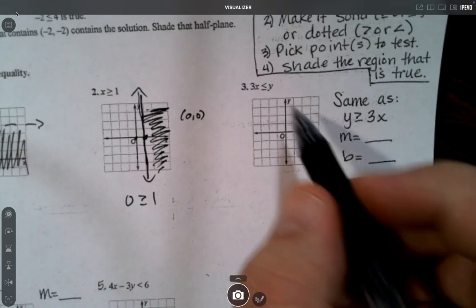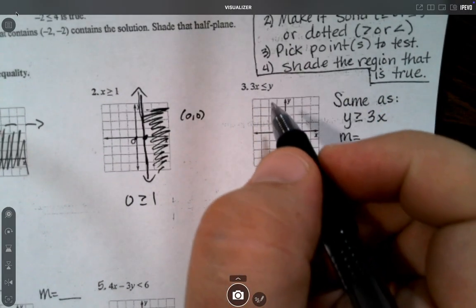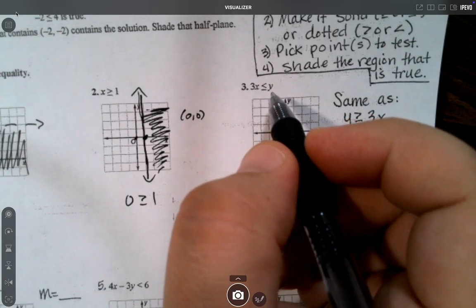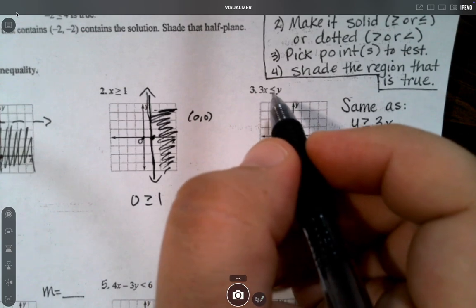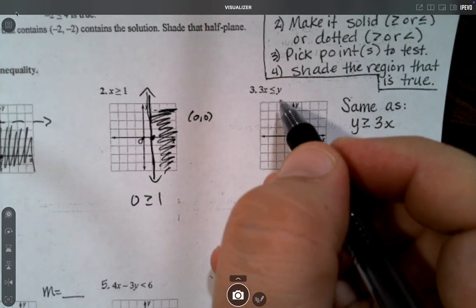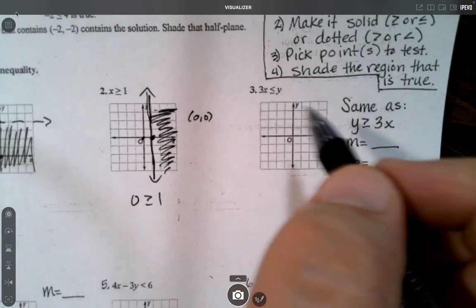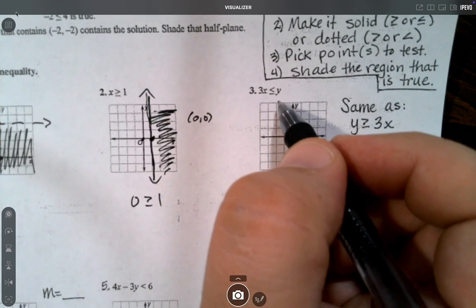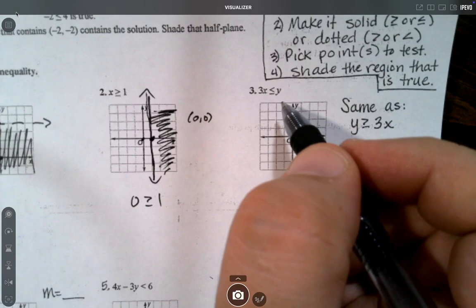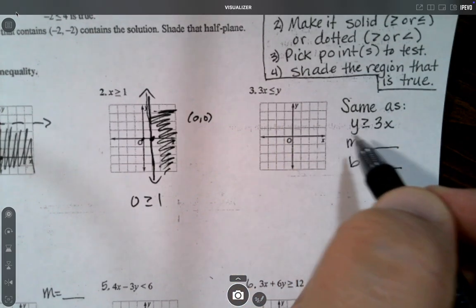Okay, on number 3. Now this is sort of in slope-intercept form already, except we want the y to be on the left side. So just as we talked about when we were graphing lines, we want the variable to be on the left. We'll also want the y value, if there is one, to be on the left. So we can rewrite 3x is less than or equal to y as y is greater than or equal to